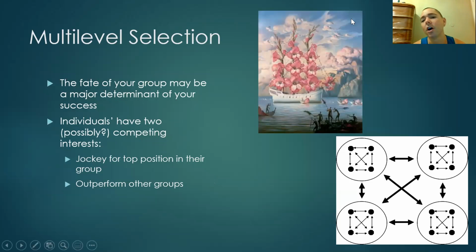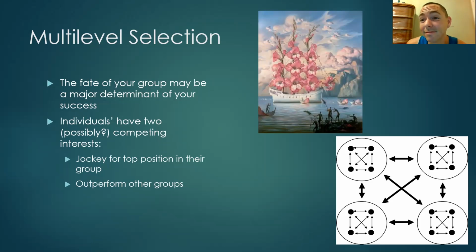Basically, the metaphor is you're all stuck on a ship together. In this case, a fancy flower ship from Vladimir Kush, who's a surrealist painter. Anyway, so we're all stuck on this flower ship together. And the idea is that some of us might benefit from cheating each other in this group, right? I swindle you out of resources. You swindle me. We fight for access to the dominant position on this ship together, on our social group, metaphoric ship together. The problem is, if this ship sinks because of us swindling each other out of modicums of power, well,